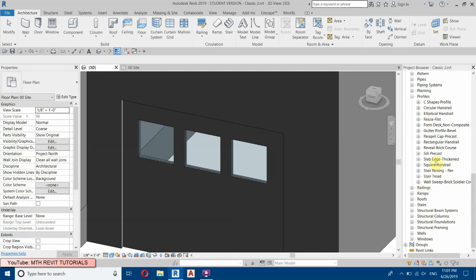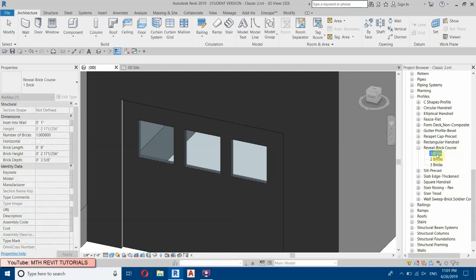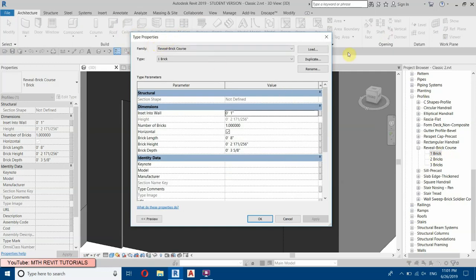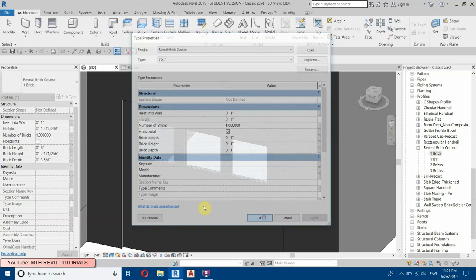and then reveal, maybe this one. Yes, this reveal brick course. We will edit this 1-inch brick. Here just double click on this one brick and it will open up this type properties. Let's duplicate this and we will make it 1 inch by 1 inch profile. Here you just need to change this brick length to 1 inch and height 1 inch and the depth also 1 inch. Then okay,